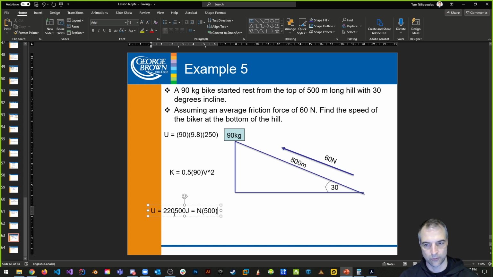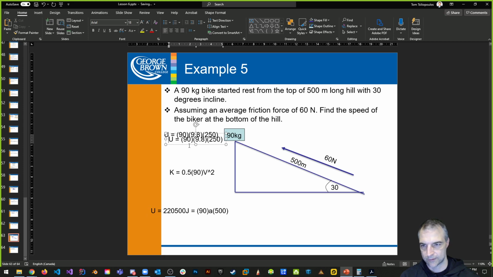How many newtons of force, if I want to convert it? If Newton meters, newtons is force. Newtons is made up of mass and acceleration. Force over distance. Force is equal to mass times acceleration. We know the mass. We don't know what the acceleration is going to be. That's A. So therefore, if I wanted to find out what A is, I would divide by 90 times 500. So we can say that then,